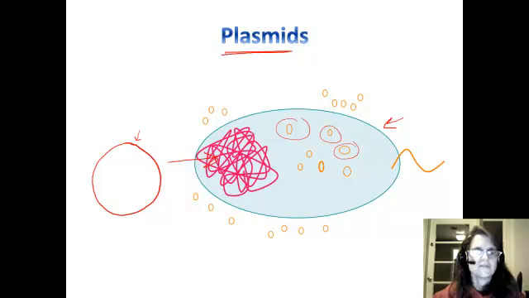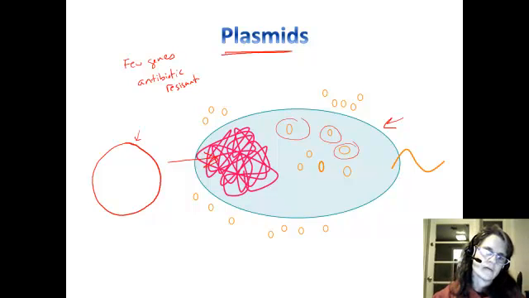Plasmids are small rings of DNA that have just a few genes, a very few genes, and oftentimes what is carried on these plasmids are genes for things like antibiotic resistance. So when we talk about antibiotic resistance,